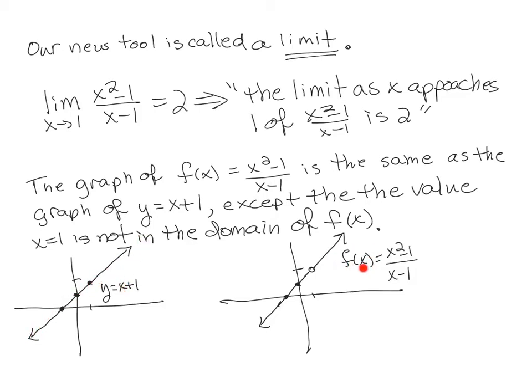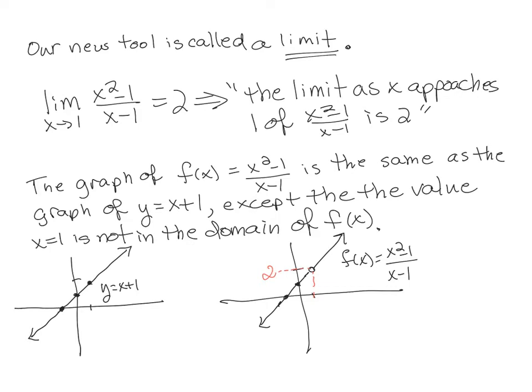However, the function itself still has a limit on its domain. Just because I factored and canceled doesn't mean that this function wasn't what we were concerned with, right? It still has a domain restriction. So graphing the line x plus 1 isn't the same as graphing the function x squared minus 1 over x minus 1, because there is a domain restriction where the bottom equals 0, and thus you get this open circle at x equals 1. But where does that open circle happen? It happens at y equals 2,